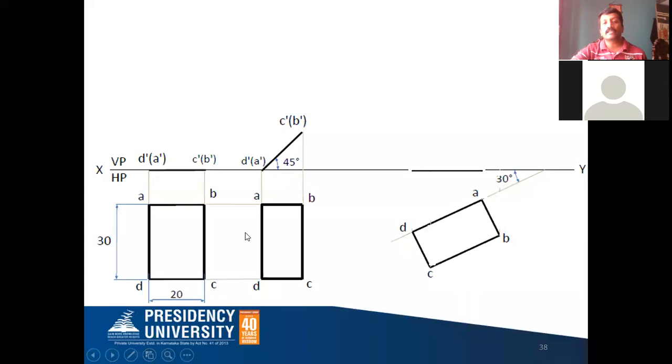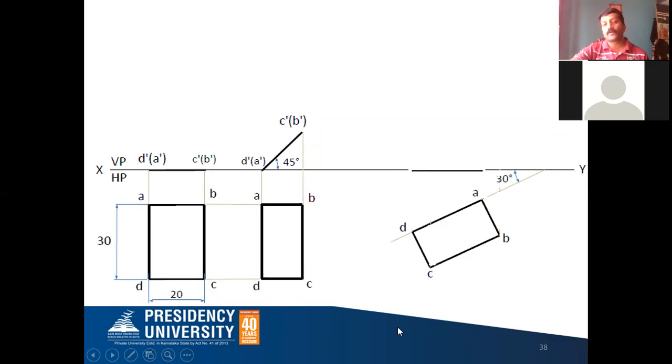After drawing the 30-degree line, let me take any one of the points. You call that the point A. Now you take this AD distance, with A as the center, and you cut this 30-degree line. A and D, you will be getting these 2 points. How to get the B and C points? From A you draw a perpendicular line or 90-degree line to the 30-degree line. From D also you draw a 90-degree line to your 30-degree line. After drawing that, this distance, A to B distance and D to C distance, is the same. You take that and cut it here. So B and C you're going to get.